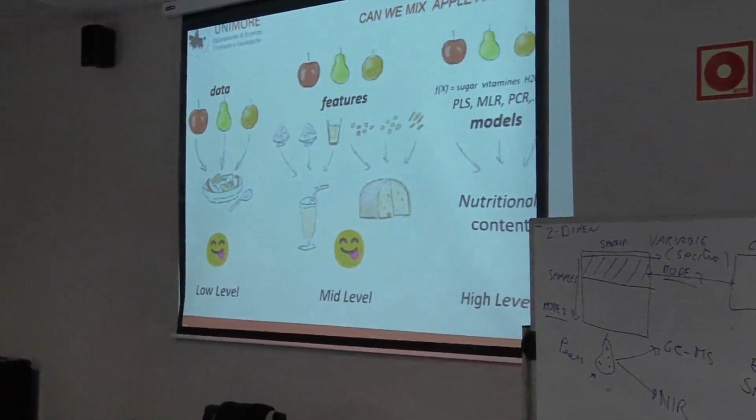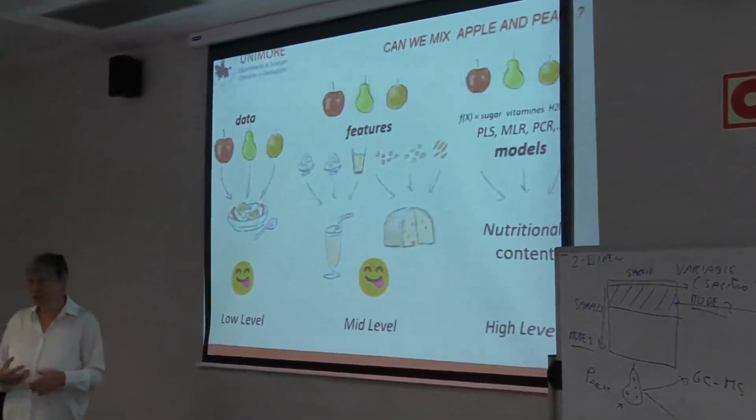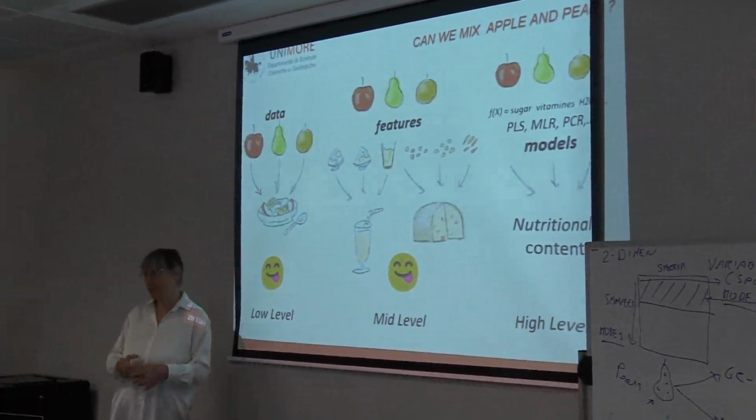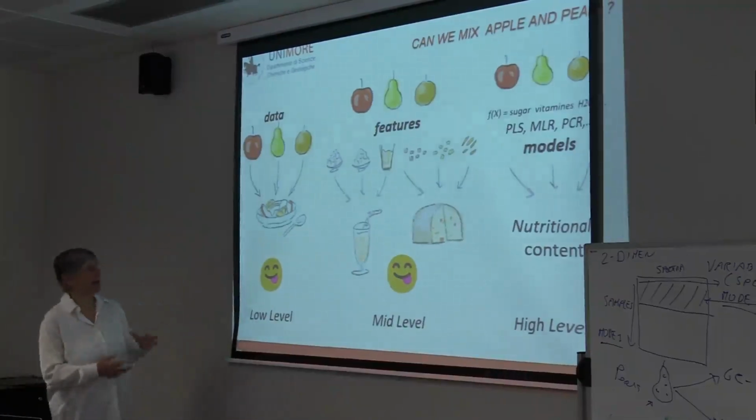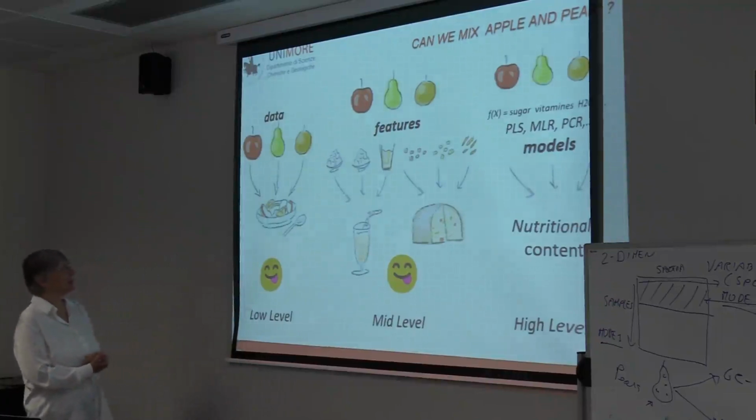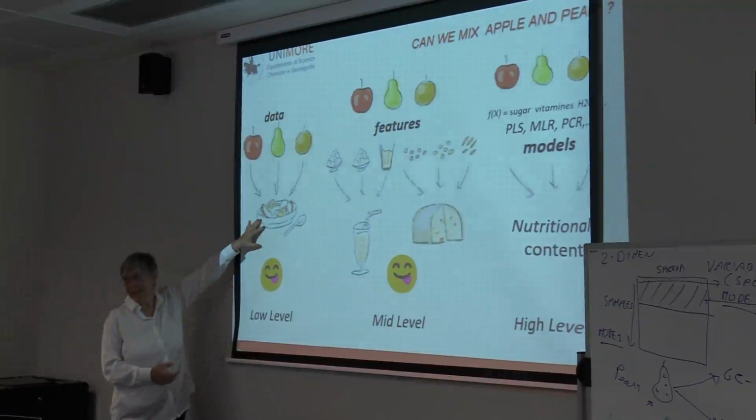I will try to explain what these terms mean, what each approach does, with this example of apple and pear, with fruit. So for instance, if we do a fruit salad, in this case,